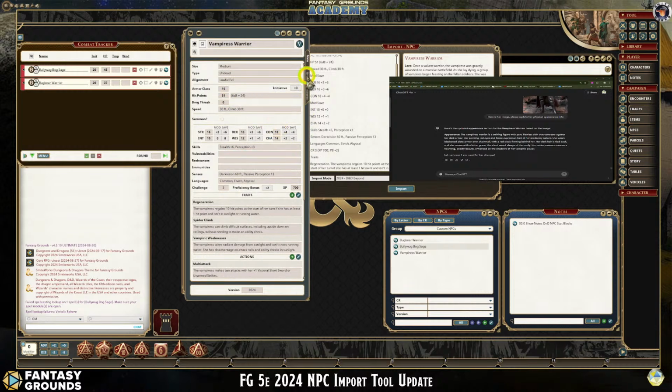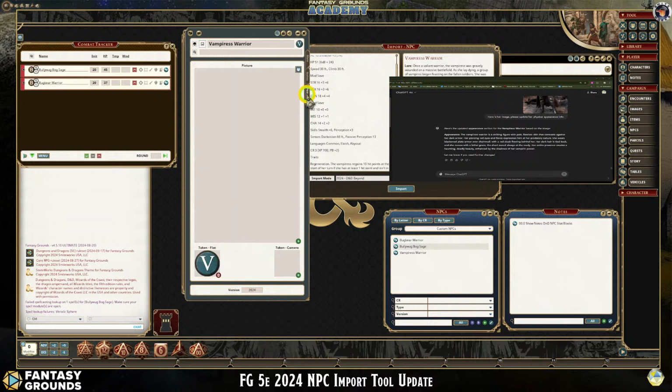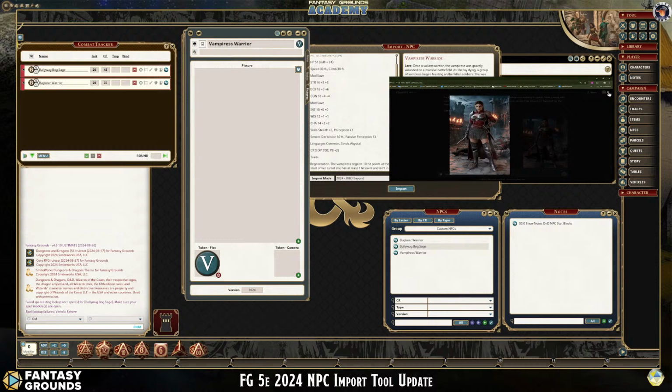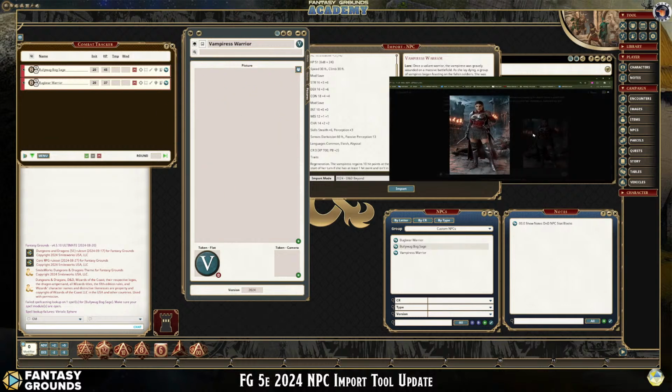And then on the notes tab, this is where all that extra stuff is, plus there's this nice summary in the back here. If you have any artwork, which I am working on some, I have a picture that I might use. I'm not going to get into that, but if you're going to make custom NPCs, you're going to get these letters instead of your artwork, or you can use something in Fantasy Grounds to represent your custom NPCs. There's your token, and if you have the 3D camera art, you can have a full-length picture here if you want. So I'm probably going to add this